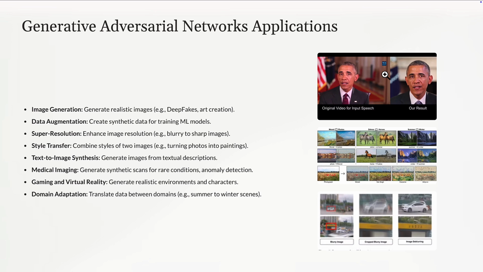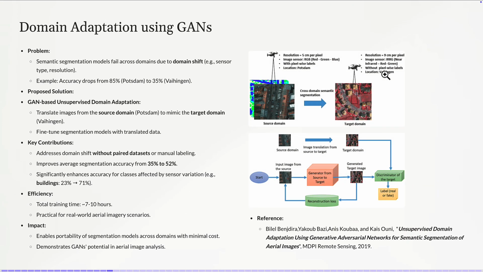We will train the GAN to generate pictures such that they come from the domain of Saudi Arabia instead of the domain of Europe. We have a paper on this. If you are interested, I can share the link to see how that was possible. And this is what we call domain adaptation. Yeah, that's the paper that we have worked on.